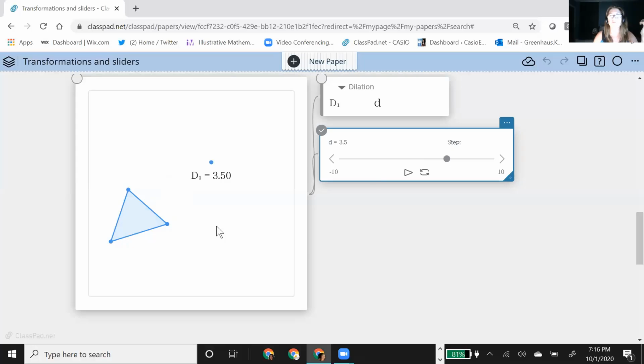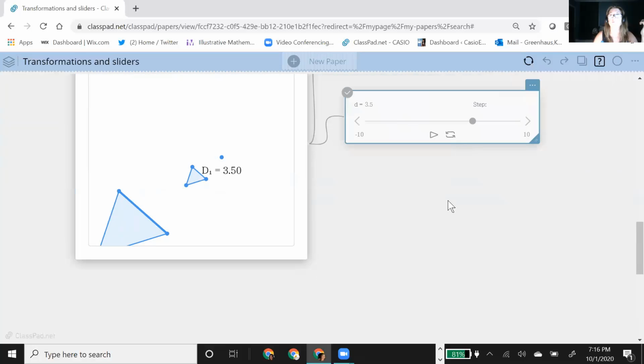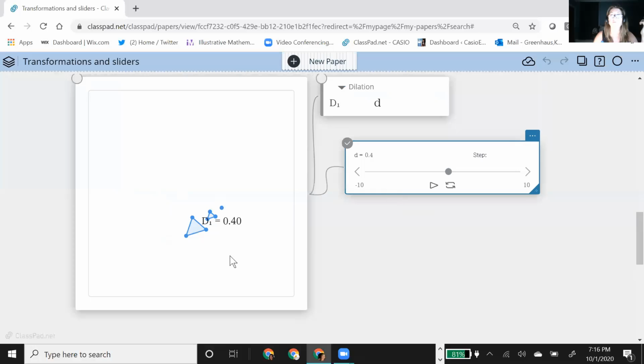when I get, oops, you're not seeing this because I'm making it really big. There's my dilation when it's larger than 1. What happens when I'm smaller than 1? I get really small. What happens when, I love this, what happens when your dilation is a negative? It actually flips it, right?